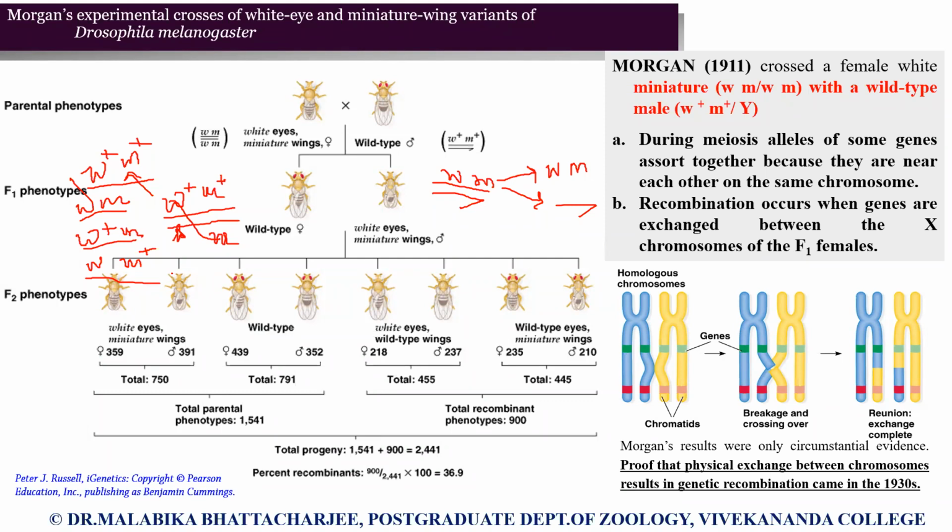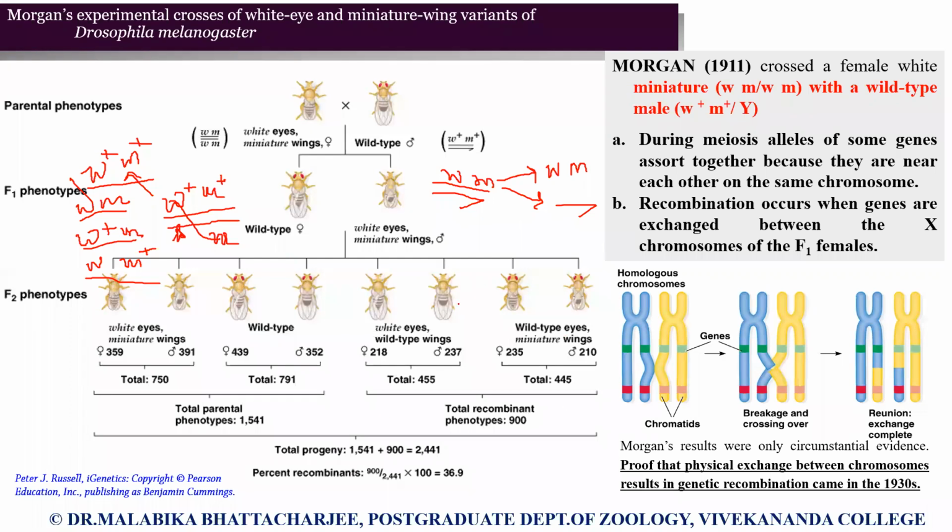This was the hypothesis that Morgan had in mind. You should remember, when you're thinking of an experiment, you have to provide a hypothesis. So when he did such a cross and this female was a heterozygous one, he knew that there will be 4 gametes and I will get 4 different flies, 2 parentals and 2 recombinants category. So that was his assumption. So they will be independently assorted. The percentage of parentals is 50% and the percentage of recombinants is 50%.